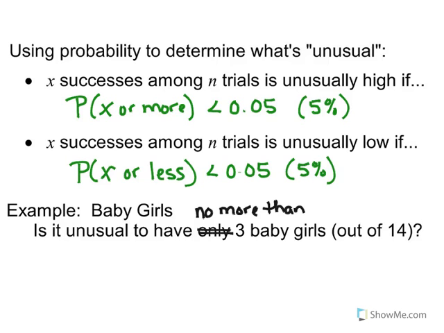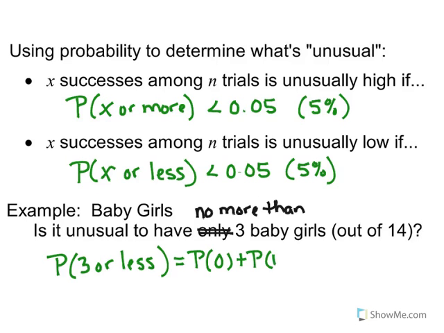Okay, so is it unusual to have only 3 baby girls, or no more than 3 baby girls? So that means X is 0, X is 1, X is 2, or X is 3. What we want to do is find the probability of 3 or less. So that's the probability of none plus the probability of 1 plus the probability of 2 plus the probability of 3. And remember, this was out of 14, and these are those decimal values that we had come up with